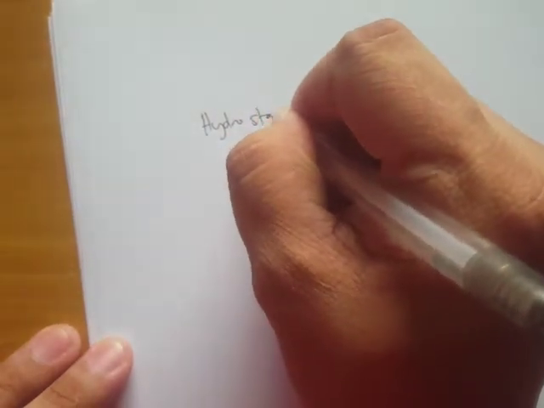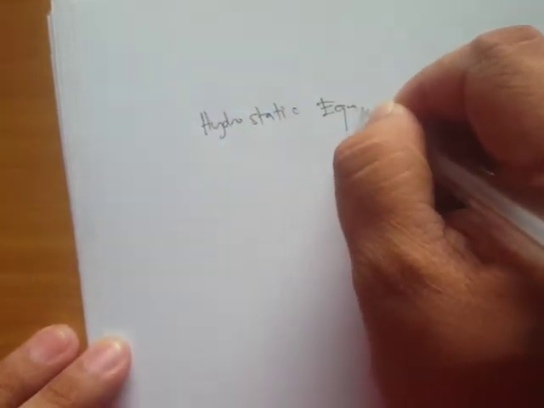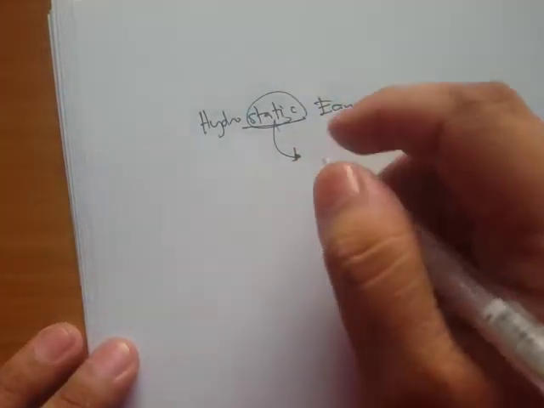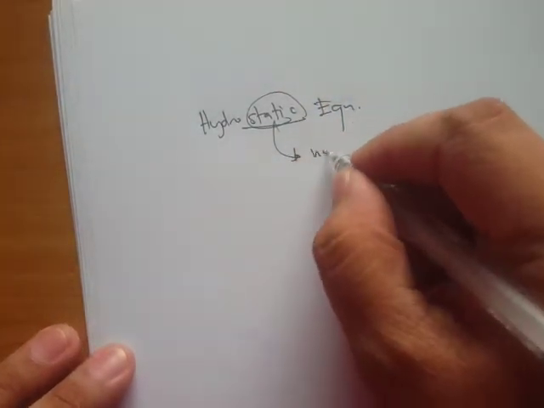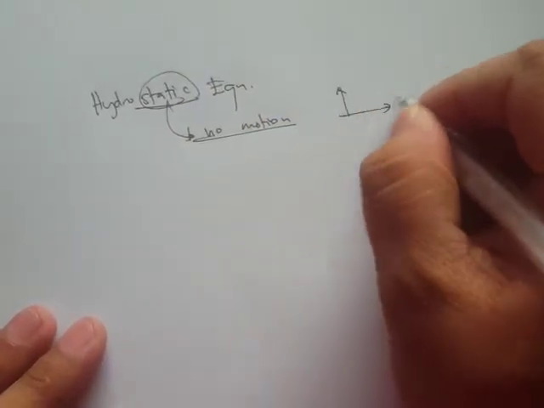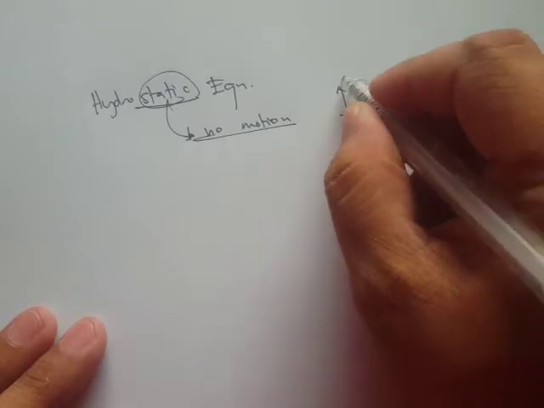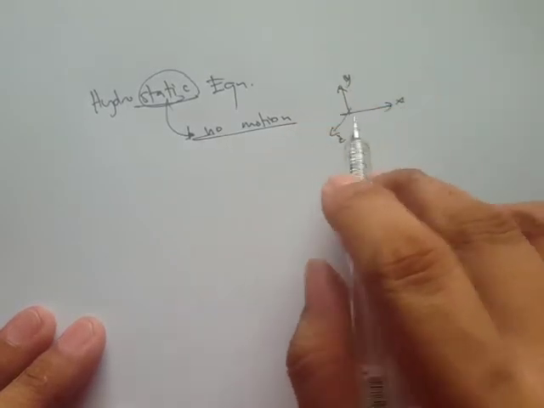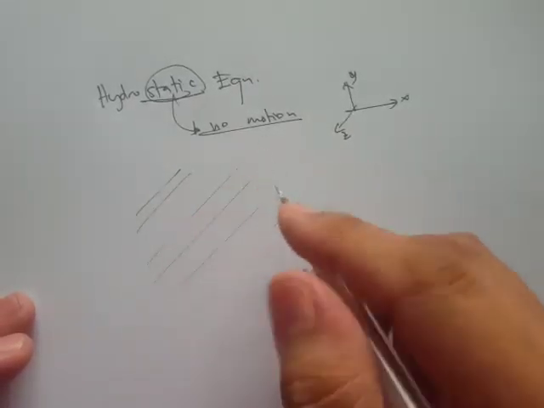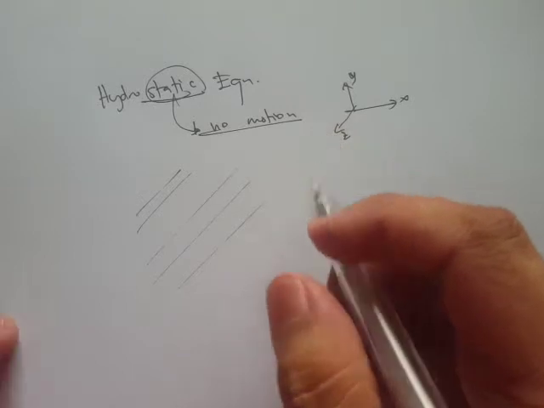Alright, now we will move on to our next section topic, which is the hydrostatic equation. Now, from the word itself, it says static, which means that the fluid is not in motion. So no motion. When we say no motion, that goes true for the x, y, and z axis. So there's no motion if you consider, let's say this is a field or a space filled with a fluid,